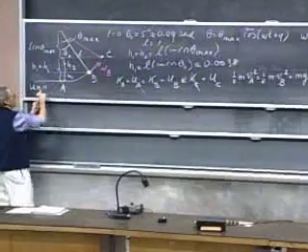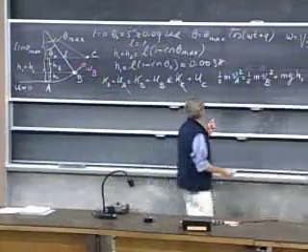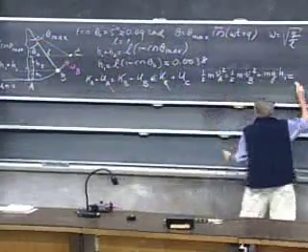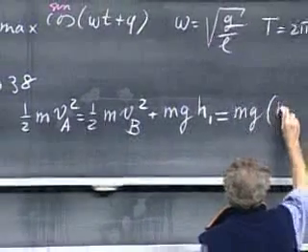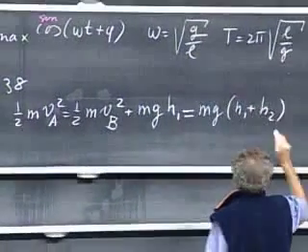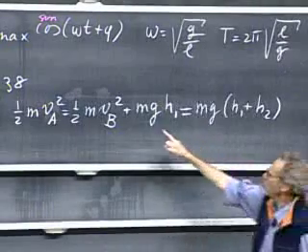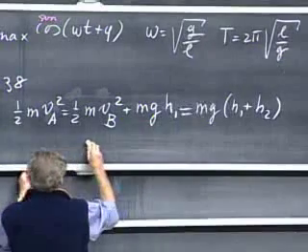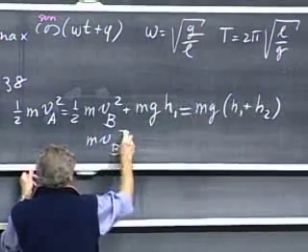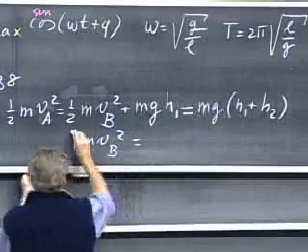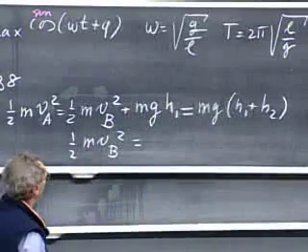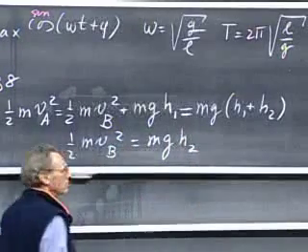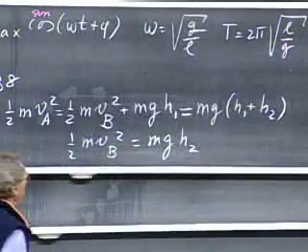It's higher than this point A, vertical separation h1, and that equals the potential energy at point C, which is mg times h1 plus h2. If you compare this part of the equation, you see that you lose mg h1, and so you'll find that m VB squared, we can carry the 1/2 for now, equals mg times h2. And so you will find immediately h2